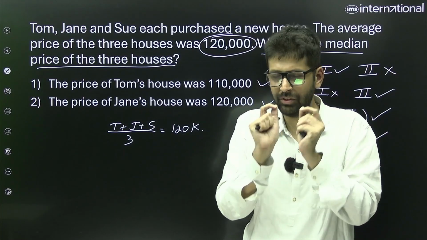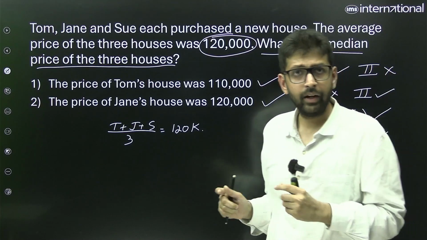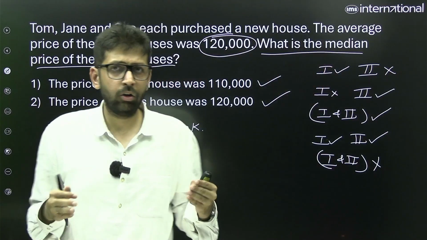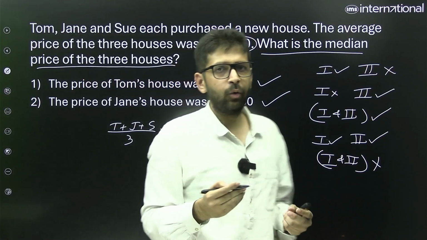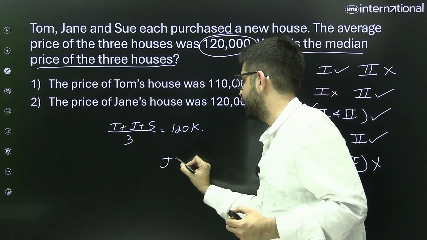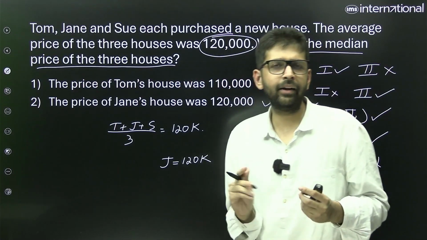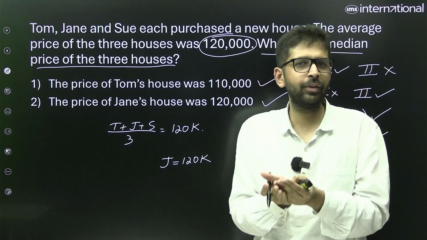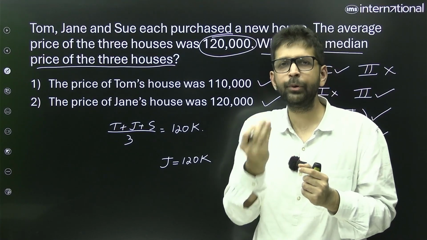That's the biggest mistake, the biggest challenge that students face in the data sufficiency section. Alright, now let's look at the second statement, although this is not looking very promising. The price of Jane's house was 120K. Now I have been given that the value of J is what? 120K. And this might not look promising, but this is actually a very, very good statement and a beautifully framed